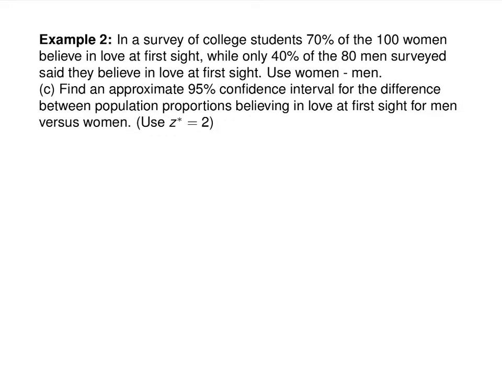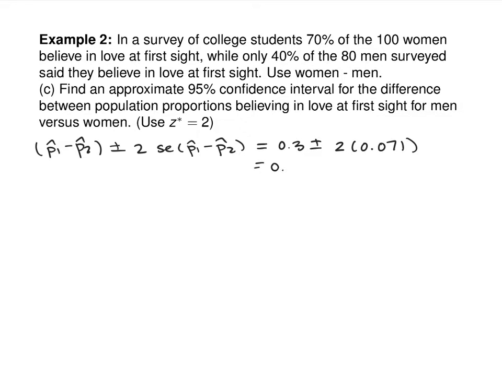So now we have all of the necessary information needed to find this 95% confidence interval. So let's find that approximate 95% confidence interval for the difference between the population proportions believing in love at first sight for men versus women. So the general formula here is P1 hat minus P2 hat. That's our sample statistic, plus or minus 2 times the standard error of P1 hat minus P2 hat. So sample statistic plus or minus our multiplier times the standard error. So that's 30% or 0.3 plus or minus 2 times 0.071, or 0.3 plus or minus 0.142,